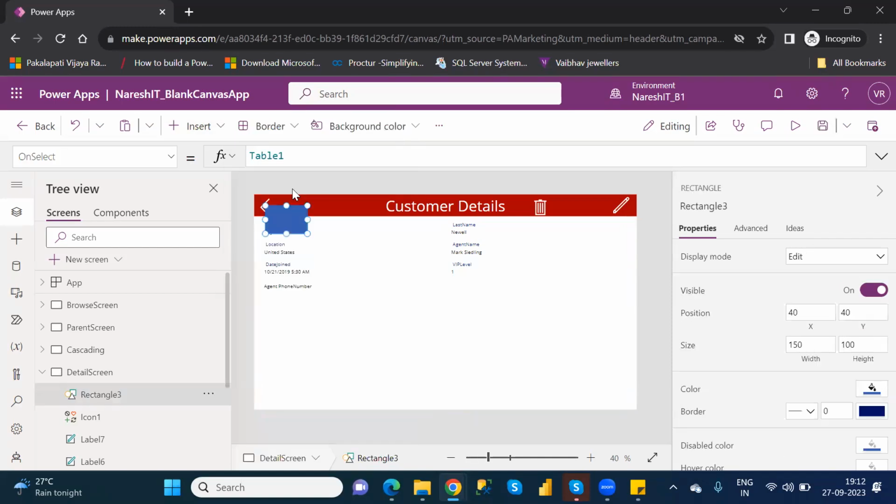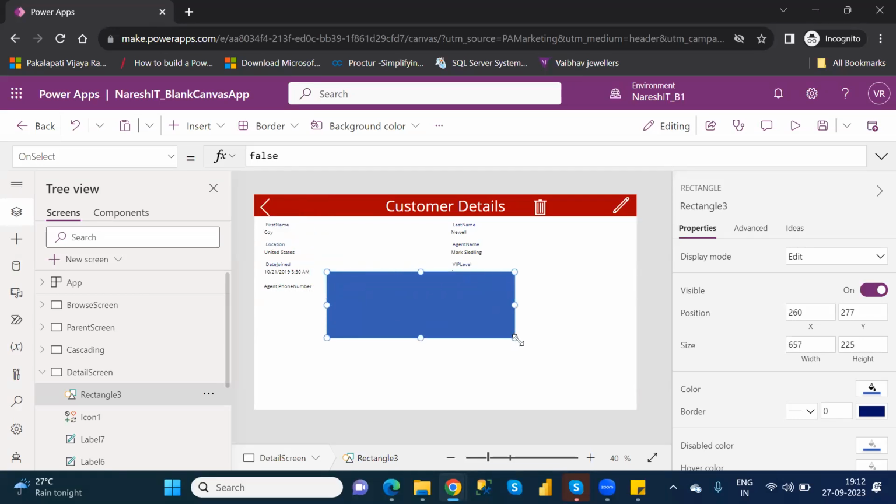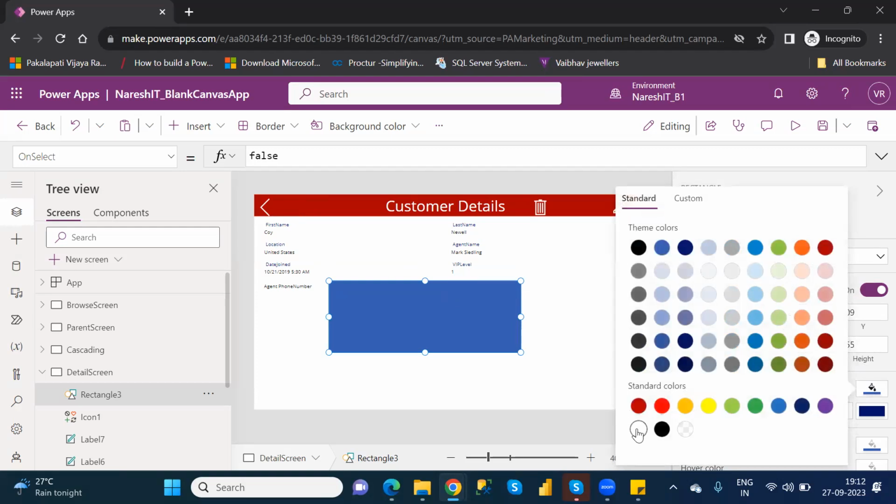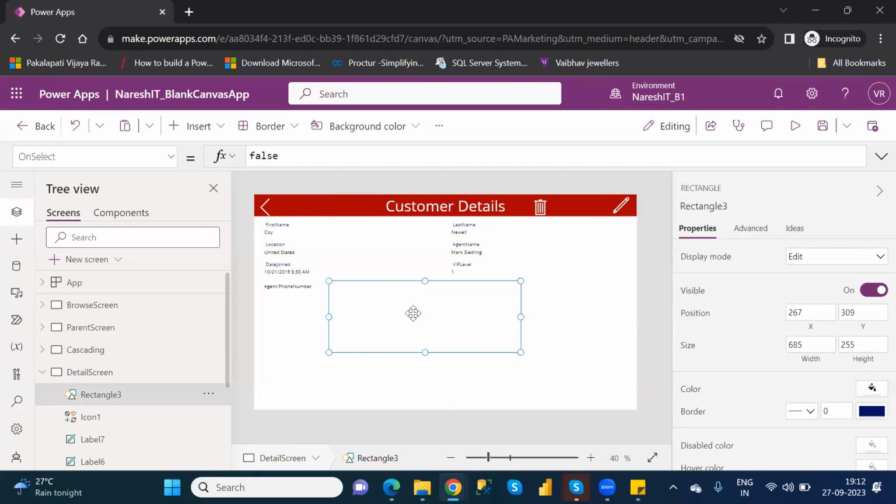In this rectangle shape, suppose for example I'm putting a triangle shape here. Now you have to change the color to white.